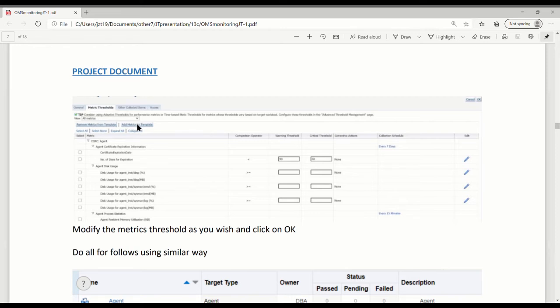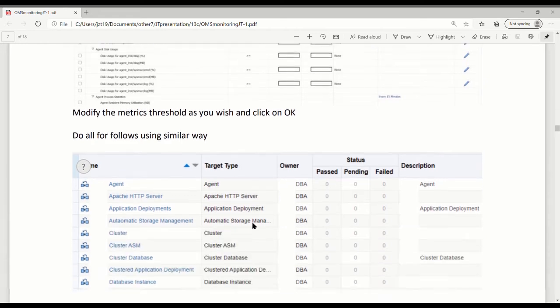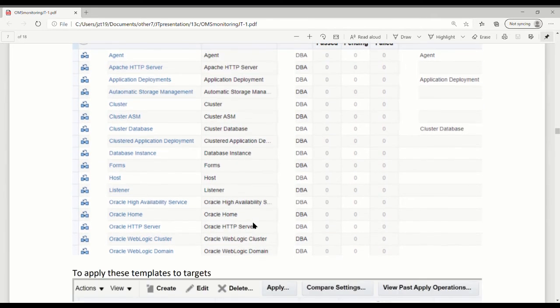This is a long process. You can go through all of them. Each is different. You set up different values: warning level, critical level. Those are levels used later in your incident rules. When you modify the threshold, you click on OK. You're done with it. You do it the same way, exactly the same way, one by one. Set up the threshold for all of them